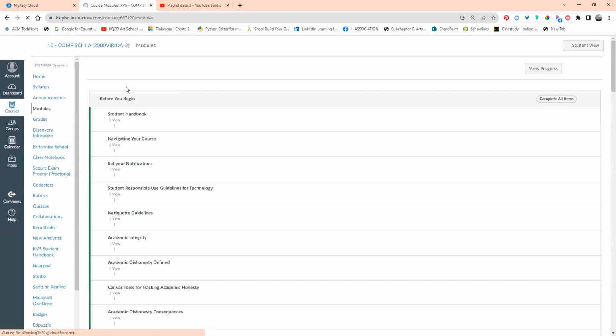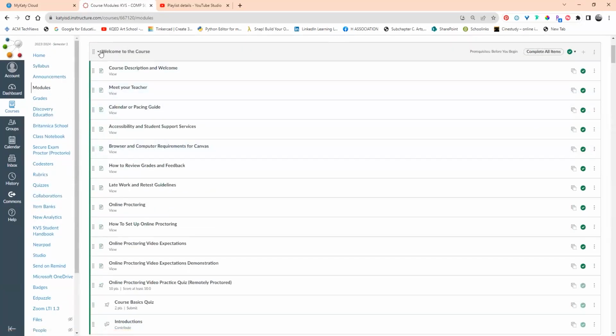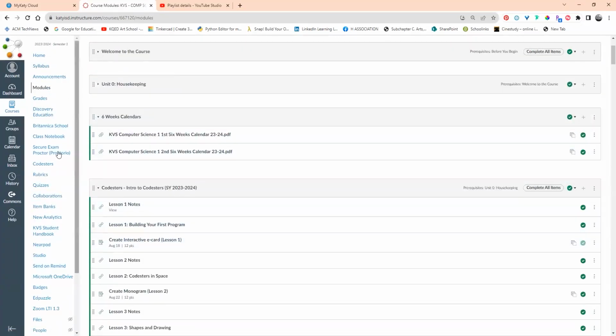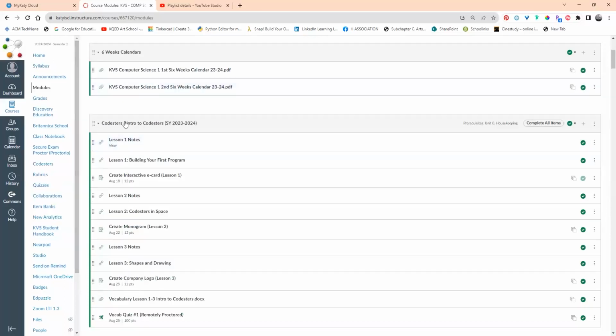The first part of this course is done through a little program that gets added into Canvas. It's called Codesters, and it walks you through some basic steps of building your own code. It's a block-based coding program. And after you get through a few certain tools or blocks of code, you'll have a little assignment to do.